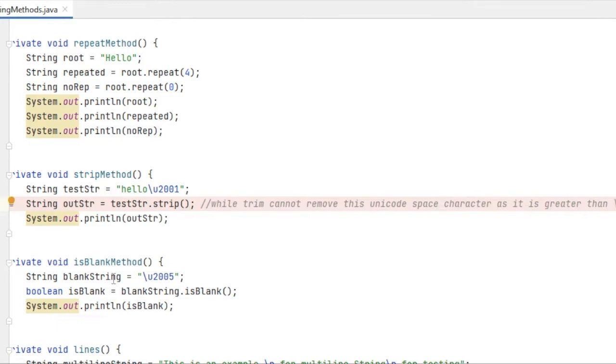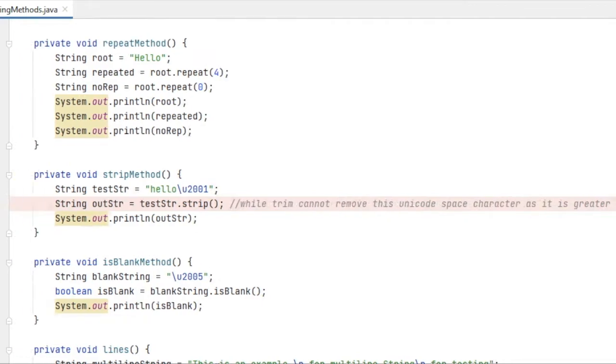Like you can see in this example on the screen, Unicode 2001 is also a space character, but the trim method is not able to remove it, while our strip method can remove it. That's the one thing which Java 11 has introduced.